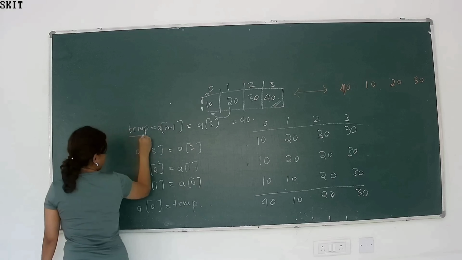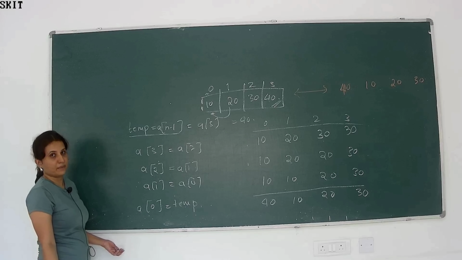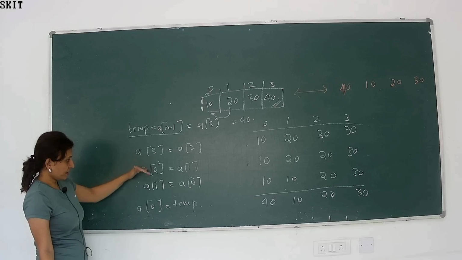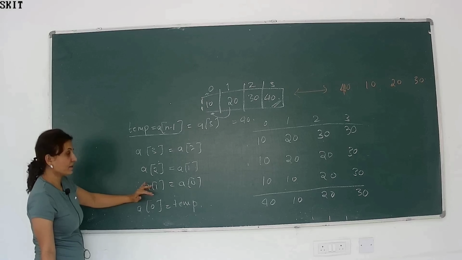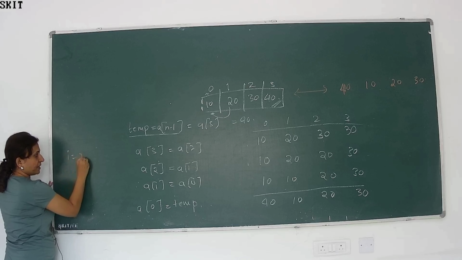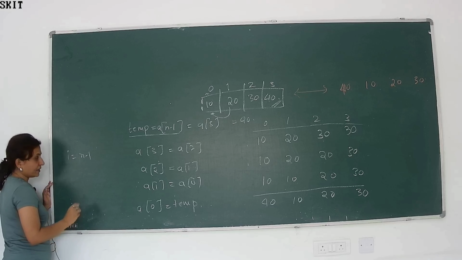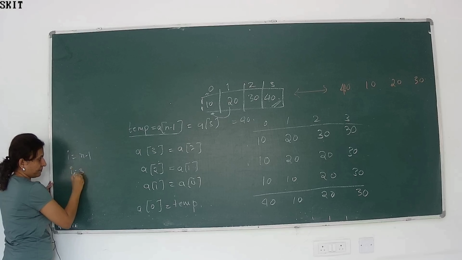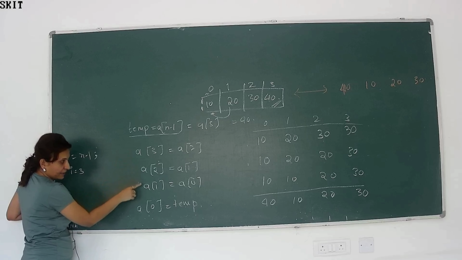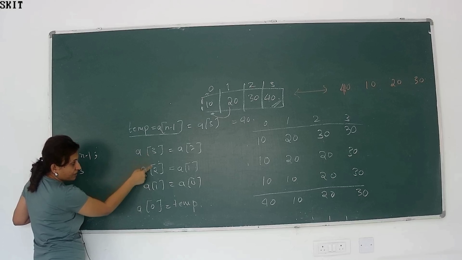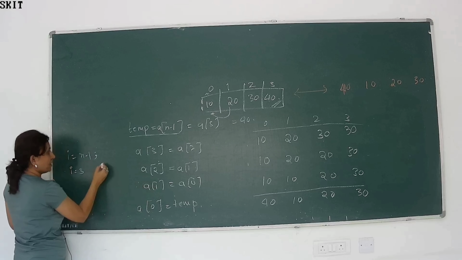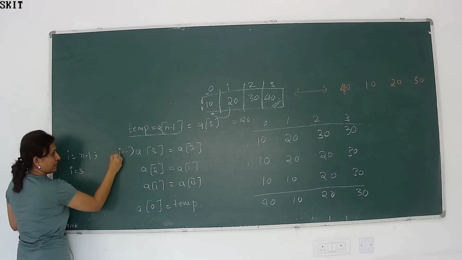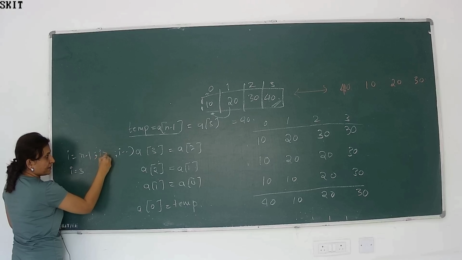Okay. What did we do here? First, temporary equal to a of n minus 1. A of 3, A of 2, A of 1. What is happening here? 3, 2, 1. 3 is what? N minus 1. So I will start from n minus 1. Correct? That is 3. I went all up till 1. How is it coming? 3, 2, 1. Incrementation or decrementation? Decrementation. So I minus minus. Till when? Till I is greater than 0.